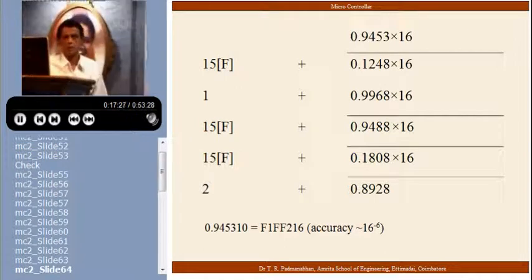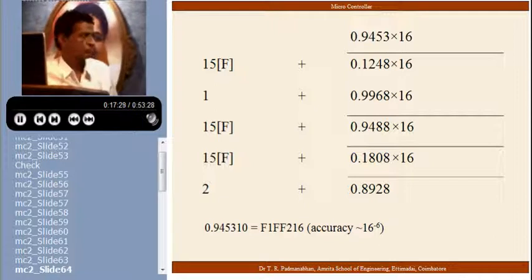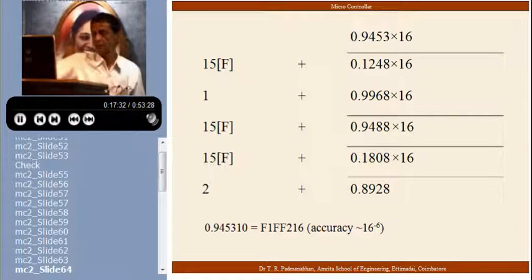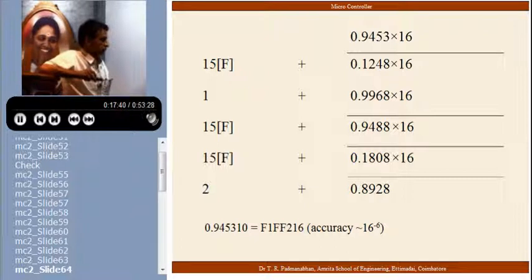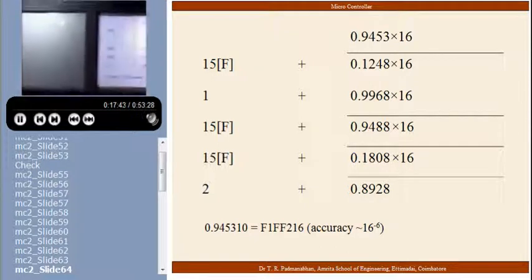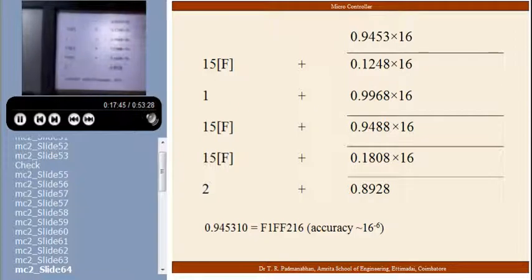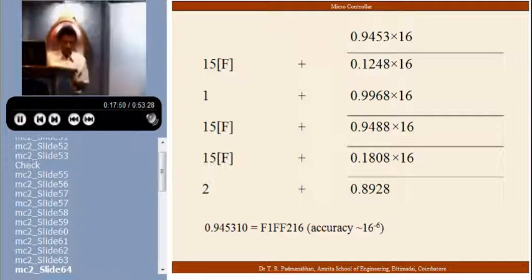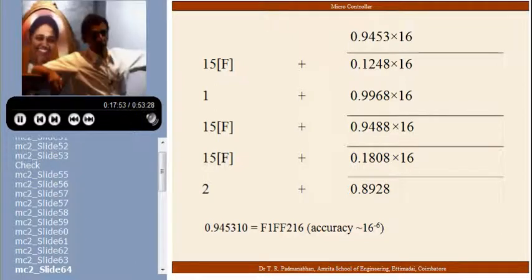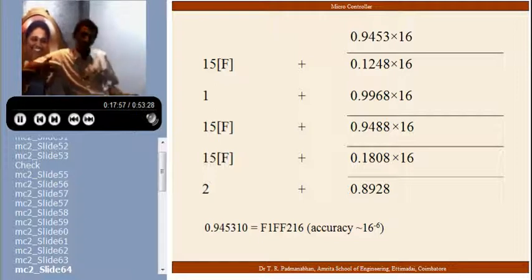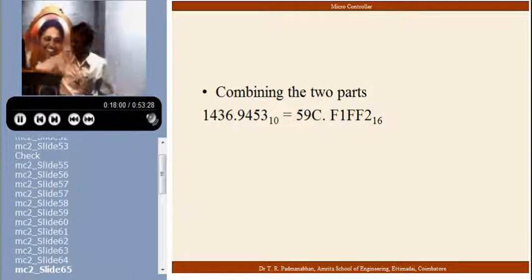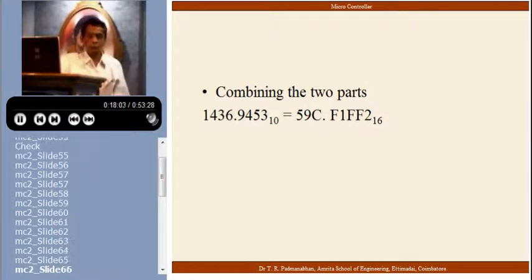I have done the part beyond the radix point. By the same procedure, it gives this number 0.9453 to the base 10. This to the base 10, we have to correct this, is equal to this to the base 16. That 16 and 10 should be suffixes. Whatever is clear and correct, I have put by way of projection. Whatever is a mistake, that is my job to point out. I may not point it out immediately. So combining the two, that's what we get.